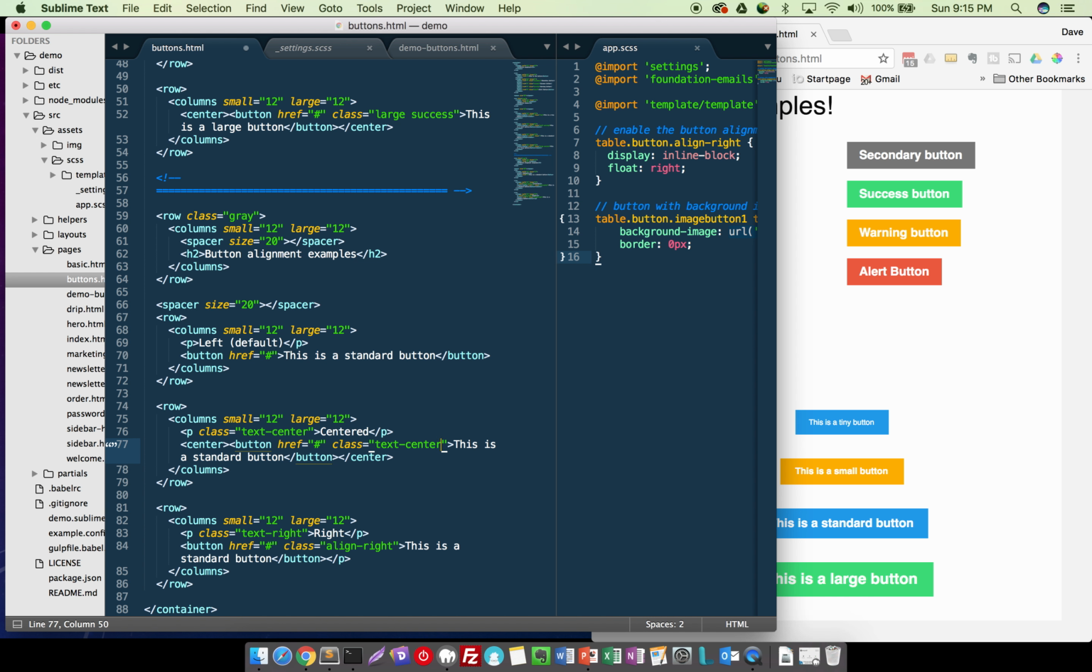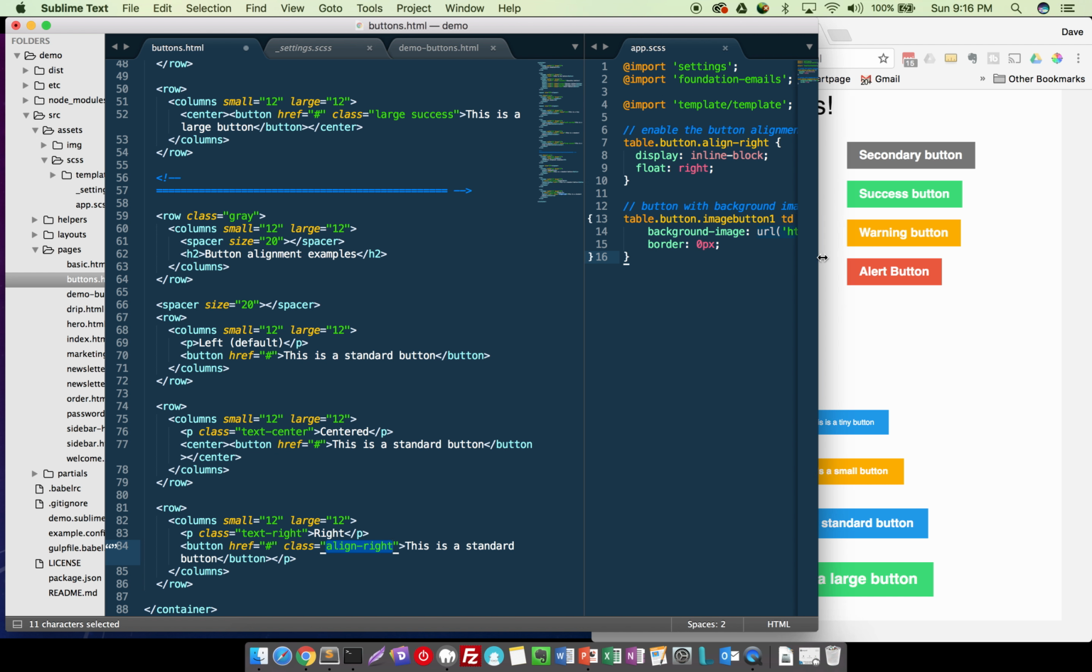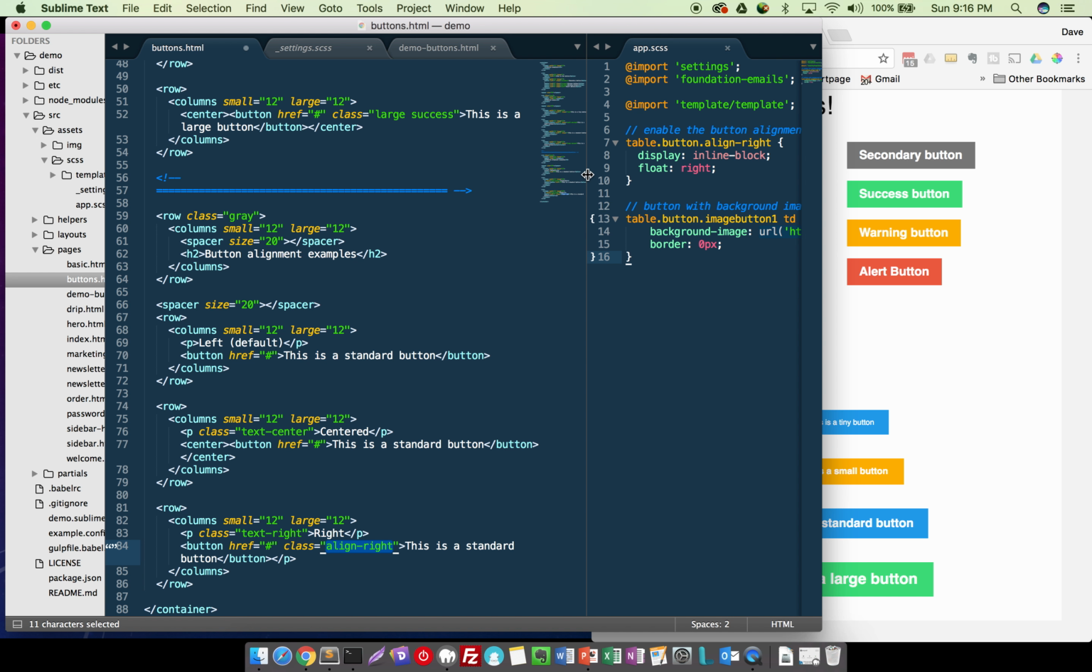All right. And that will work for text, not so much for buttons. So what you really need to do is to wrap the buttons in a center tag, and doing that will give you that centered alignment. The right hand, though, as we saw in the slide, we have a custom class called Align Right. And what we've done with Align Right up here,